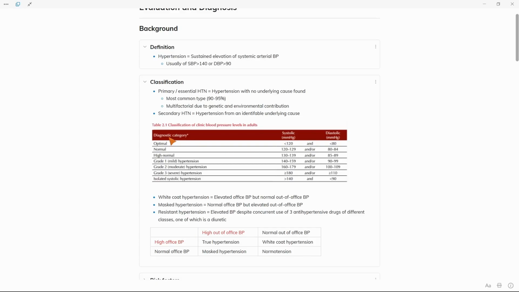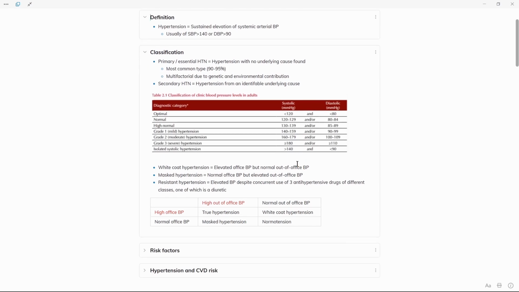Hypertension can be classified into different severities based on the level of either the systolic and/or the diastolic blood pressure, and this is taken from the 2016 Australian Heart Association guidelines for management of hypertension. So optimally, blood pressure should be less than 120 systolic and less than 80 diastolic. And the normal range can go all the way up to 130 systolic or 85 diastolic. The high end of normal is a systolic of 130 to 139 or a diastolic of 85 to 89, which